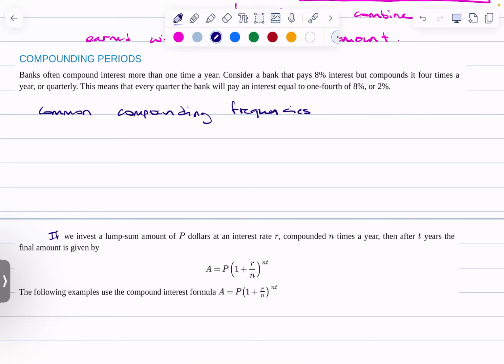And so I'll call it the compounding frequencies. Annually, 1 time per year, of course is just 1, semi-annually, twice per year,